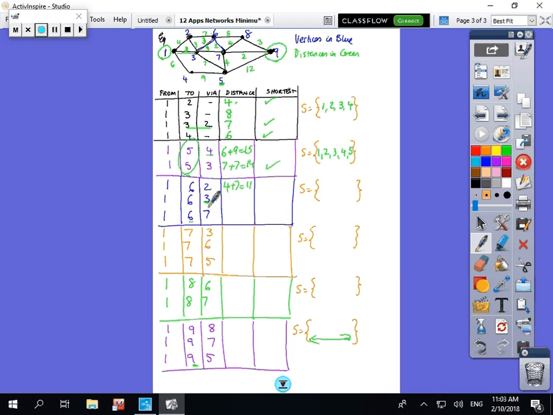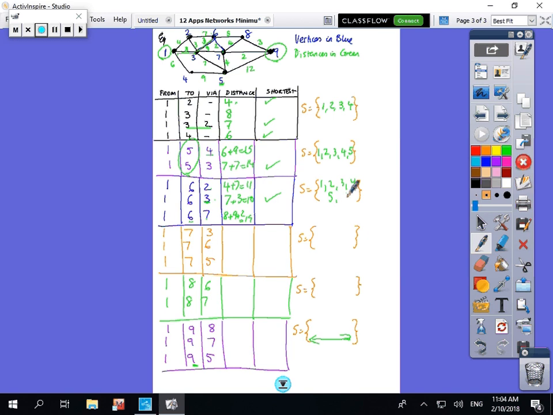11. To get to 3, the shortest distance to 3 was 7, and then we're going to go up that path, so that's 3, which is 10. And to get to 6 via 7, we've gone across the bottom, and then we've gone up. So we've got 8 plus 9 plus 2, which is 19, so that's not going to come in. So the shortest distance is that one. So now our set is 1, 2, 3, 4,